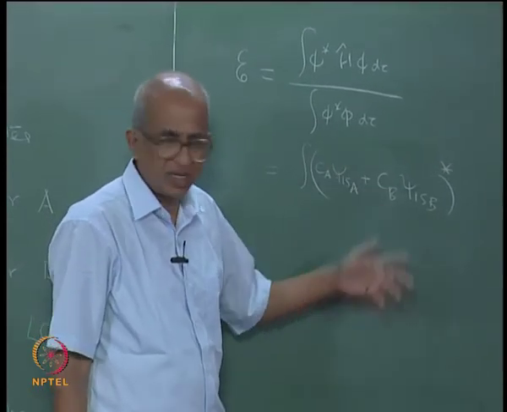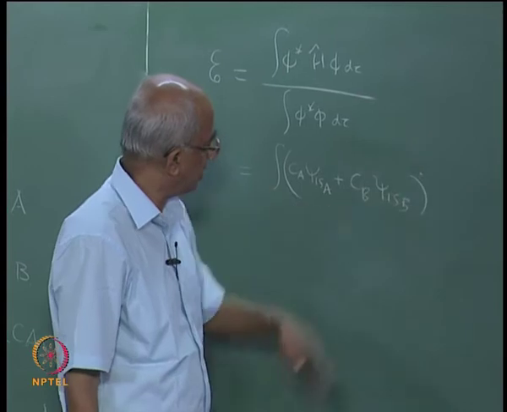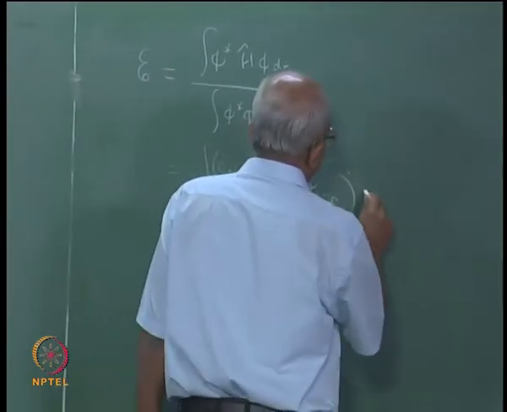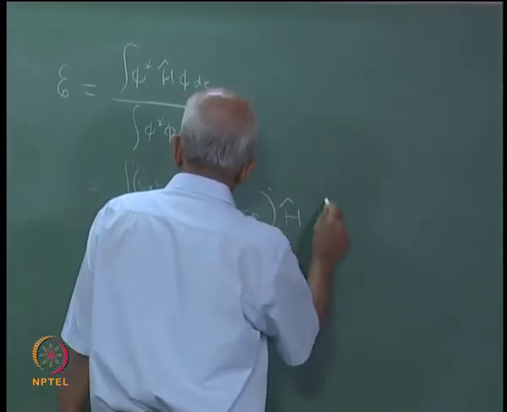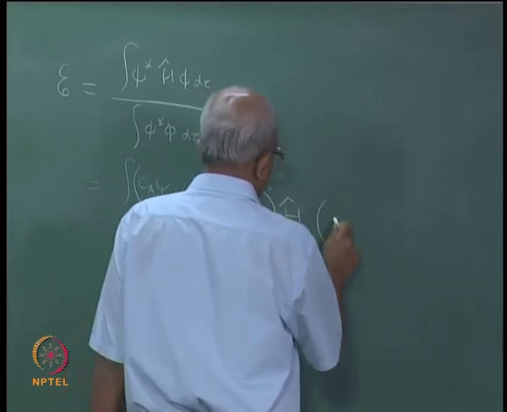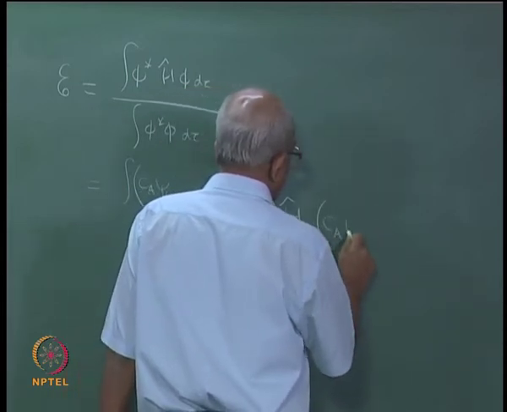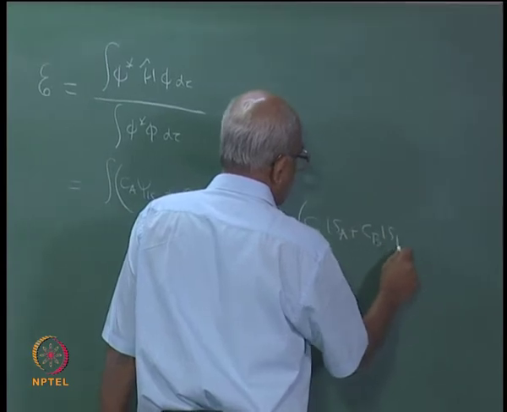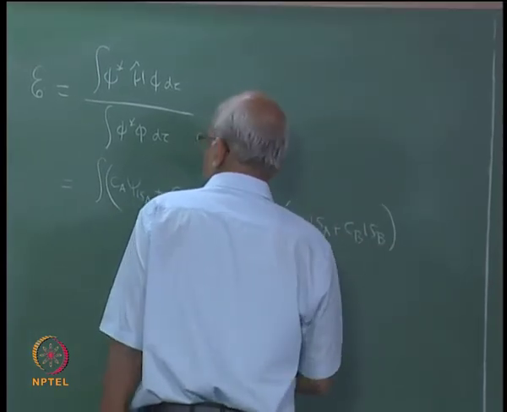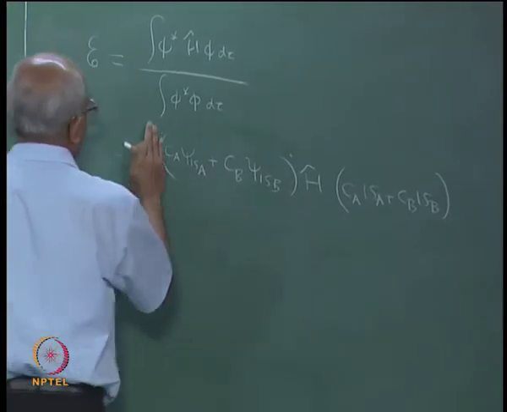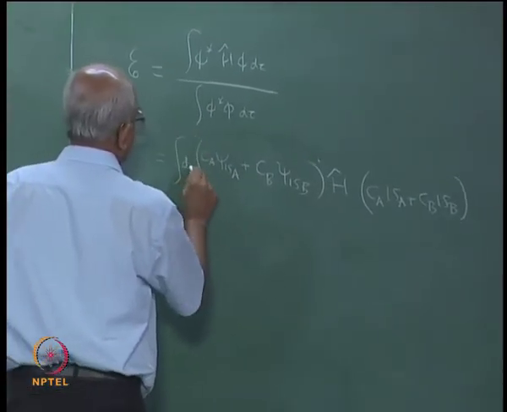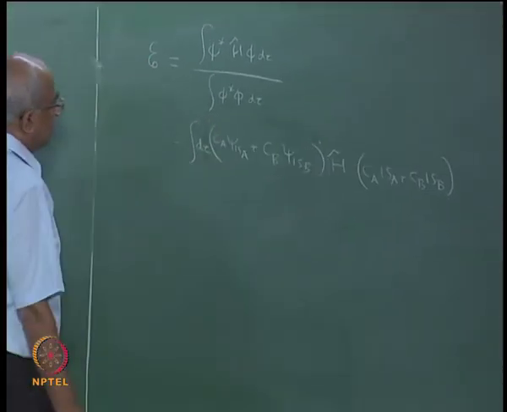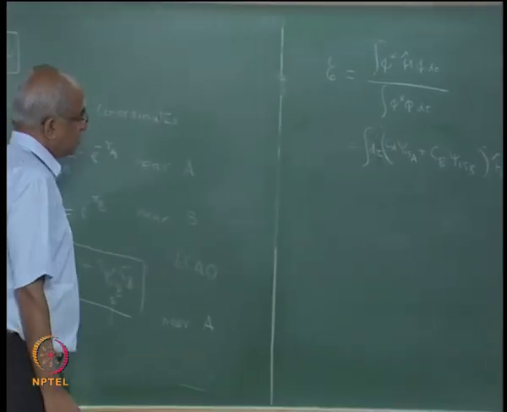Okay, so I am going to forget this star, and then I will have H operating upon Ca 1s a plus Cb 1s b, and there is an integral over the entire volume. So, you have to multiply this by d tau and integrate over the entire space,